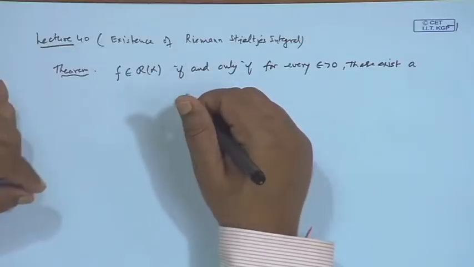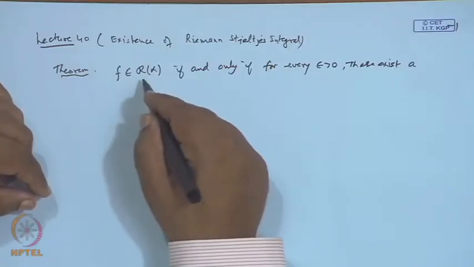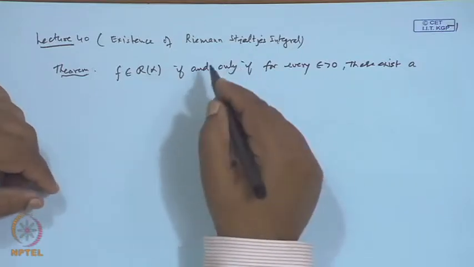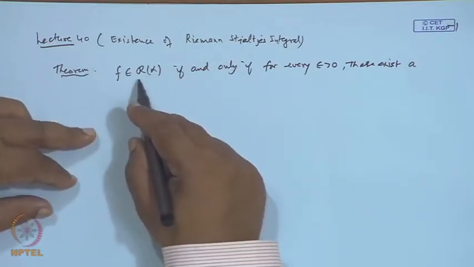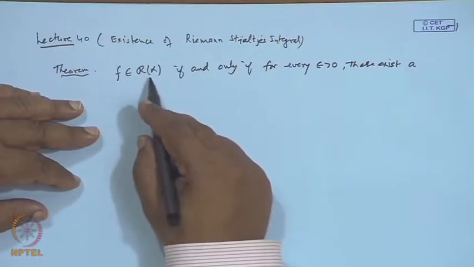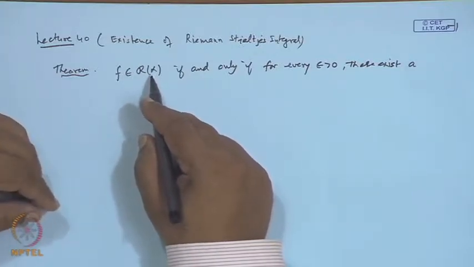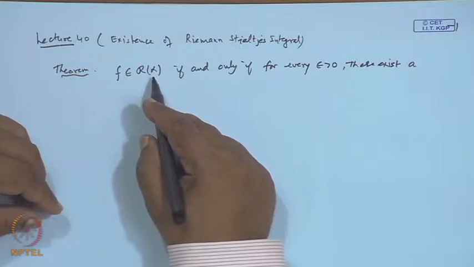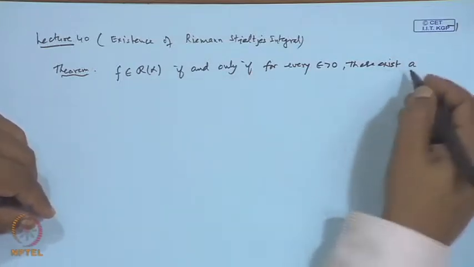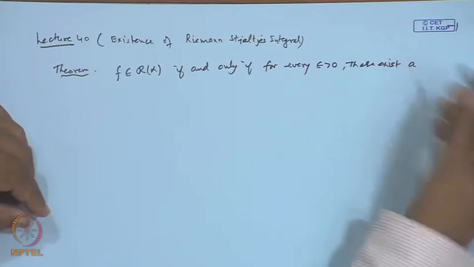Okay, so today we will discuss the result which we have stated yesterday, and which shows the existence of the Riemann-Stieltjes integral, and in a particular case a Riemann integral. R alpha is the class of all Riemann-Stieltjes integrable functions. So, f belongs to R alpha, that is, f is an element of the class R alpha of Riemann-Stieltjes integrable functions, if and only if for every epsilon greater than 0, there exists a partition,